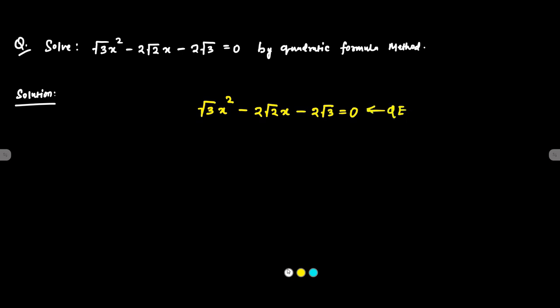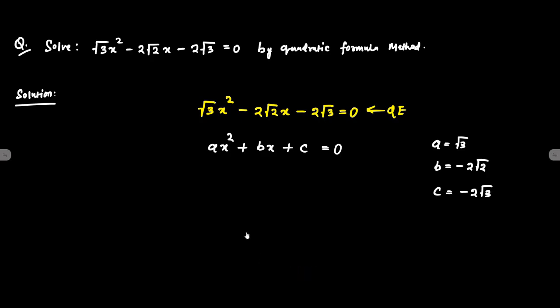So if we compare it with the standard format of quadratic equation, which is ax² + bx + c = 0, we'll have a = √3, b = −2√2, and c = −2√3. Okay, so here using the quadratic formula method, we have